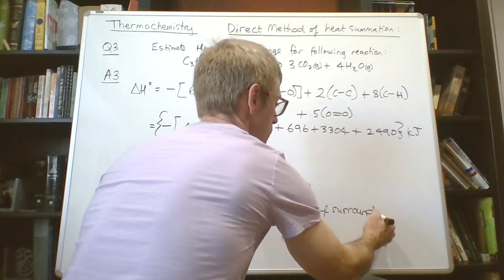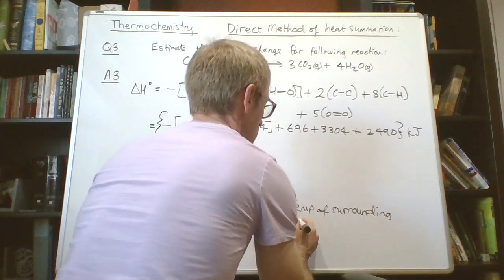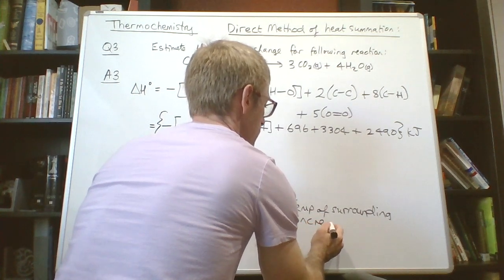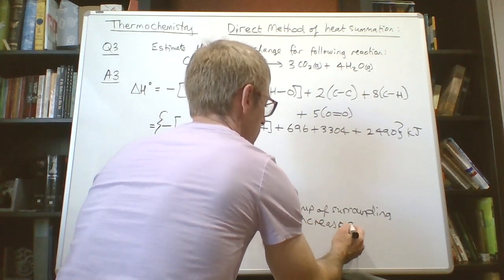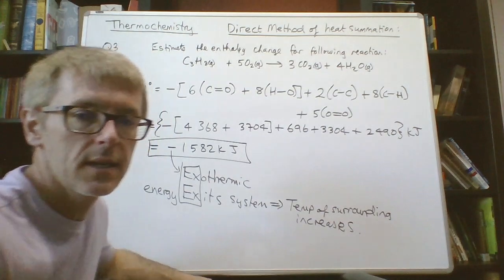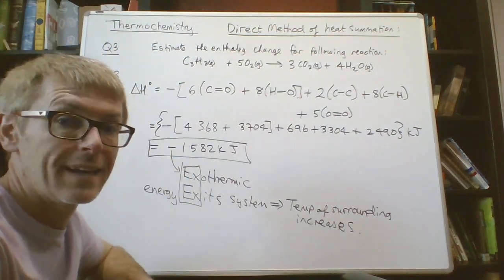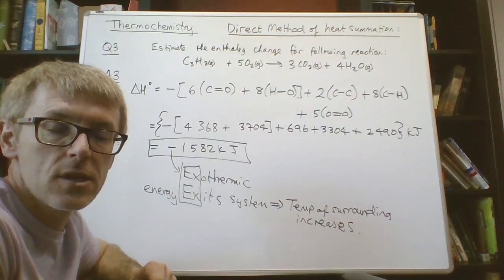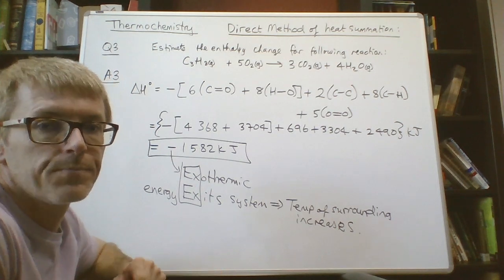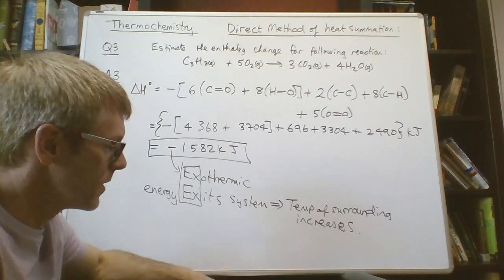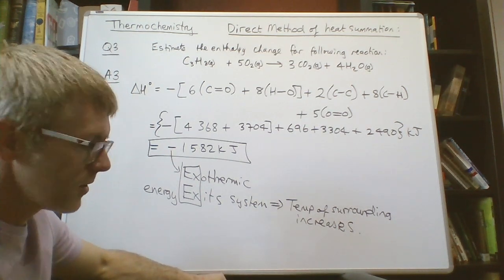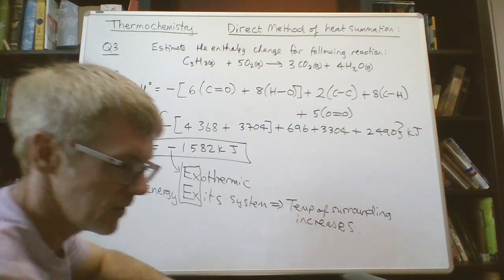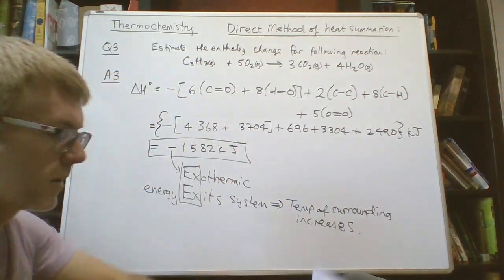The temperature of the surrounding increases. So we would see clearly if we burn propane, it generates heat energy and the surrounding gets hot. Its temperature increases. Okay, that concludes the third and final example I had prepared for you for the direct method,